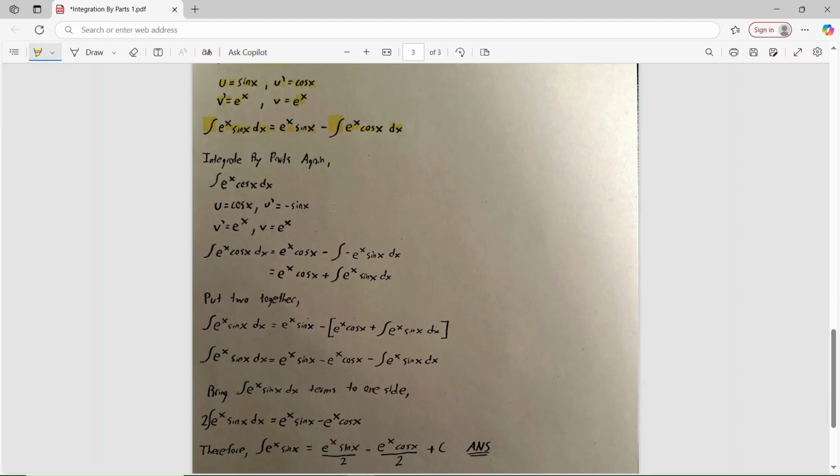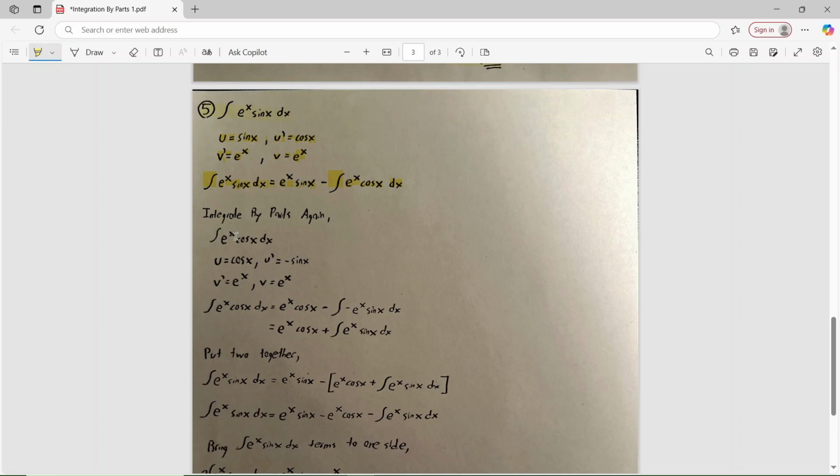So now we need to integrate by parts once more. So we integrate e to the x cos x, following the same procedure. u is cos x, v prime is e to the x, because LIATE, the e will reference the exponential term, and since that's further to the right than the trig term, because it's LIATE with the e on the end, u will be the trig term, and v prime will be the exponential term. Then we find again the derivative of u, the integral of v,